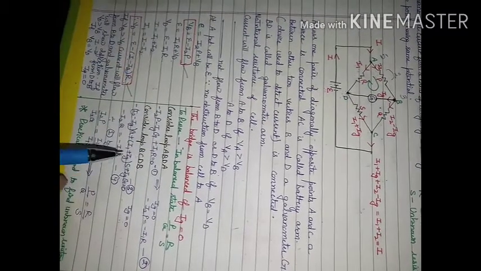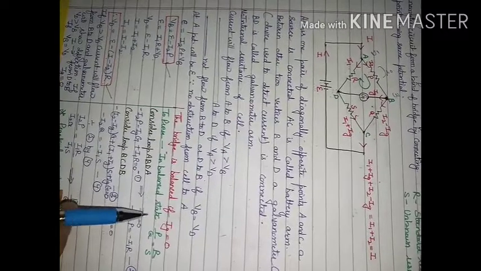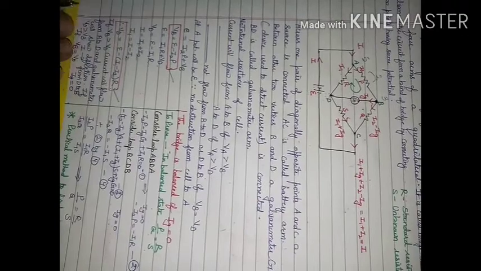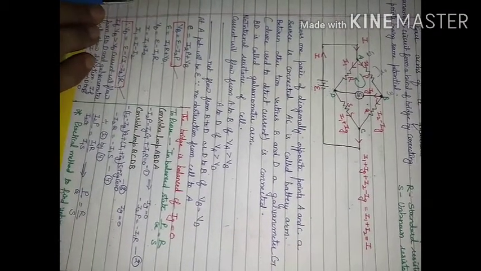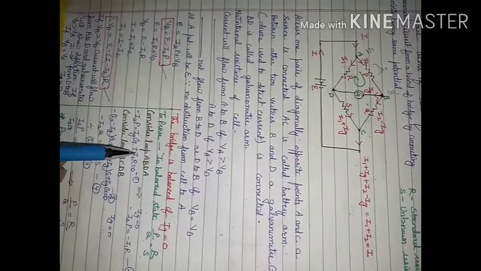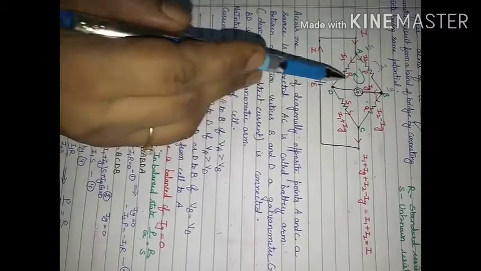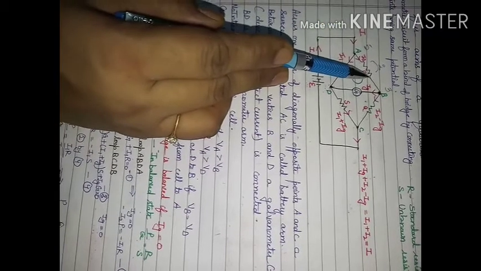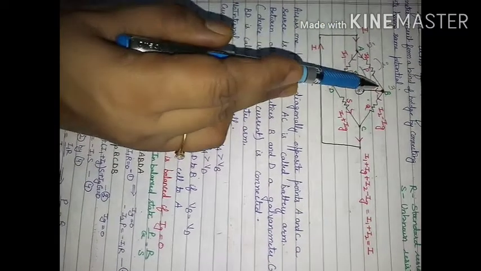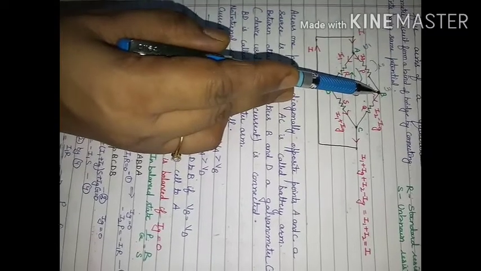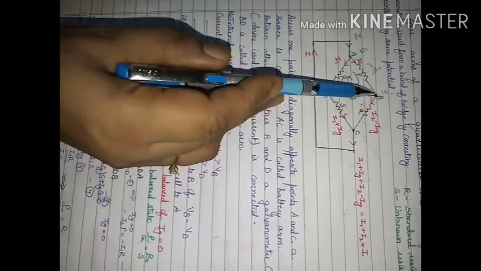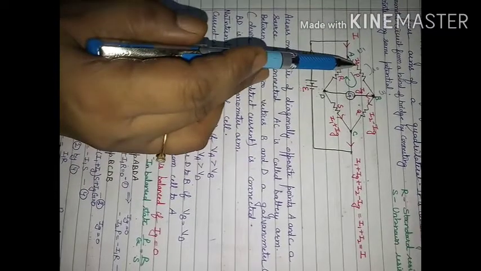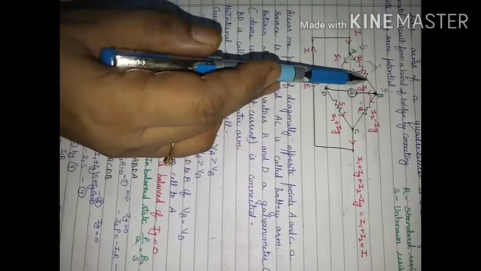Now we will use Kirchhoff's law to prove the balanced state equation, that is P upon Q is equal to R upon S. This is a 3-mark question: derive the balanced state condition in case of Wheatstone bridge. So for this I will consider loop ABDA using Kirchhoff's law. Potential drop will be considered negative if the path is the same as the direction of flow of current. So here the path is the same, A to B, as current is also flowing from A to B.